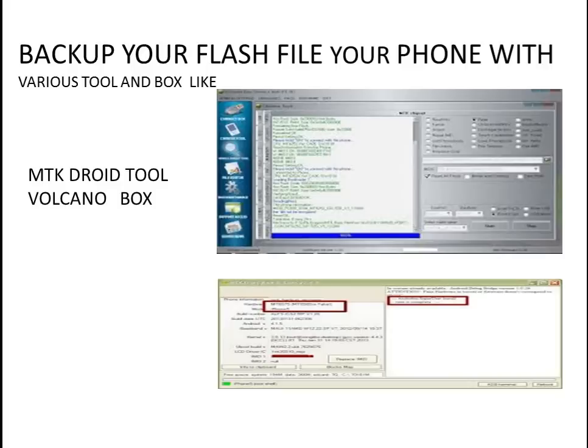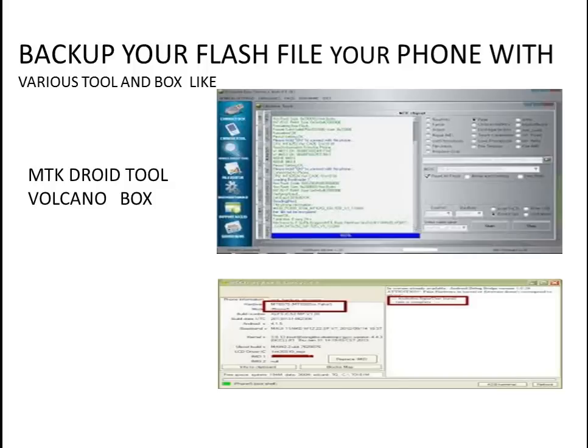And if your phone gets dead after flash, you can flash these files again to bring your phone to the same condition as it was before flashing. Now I have two different video tutorials.